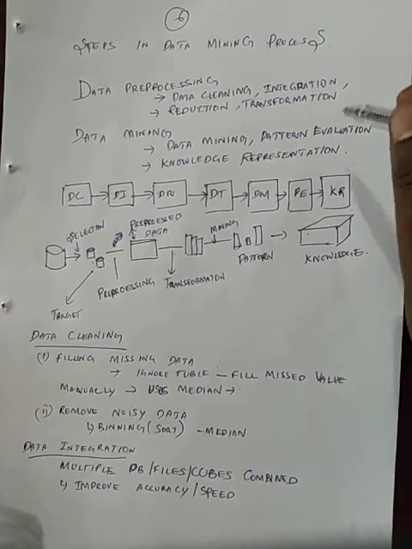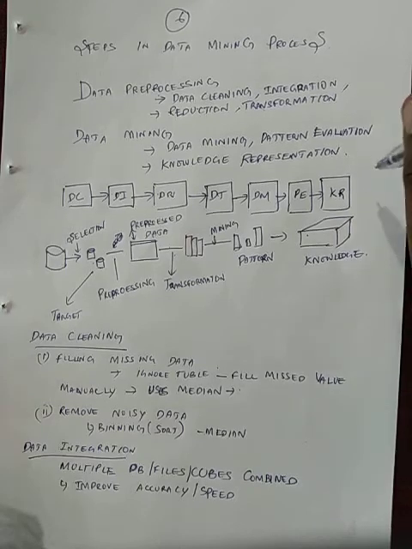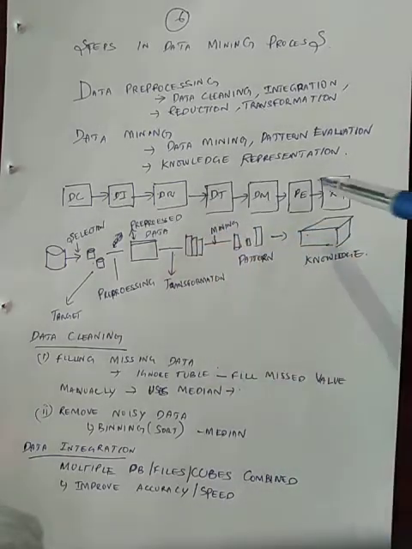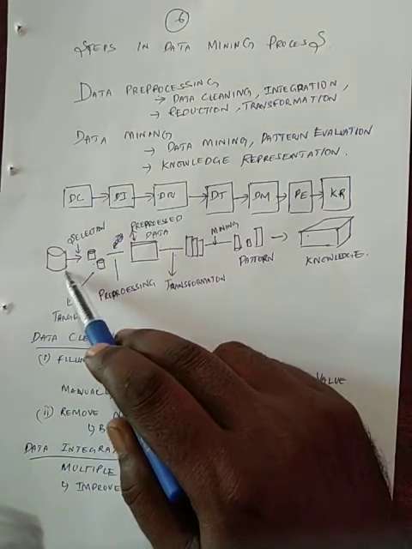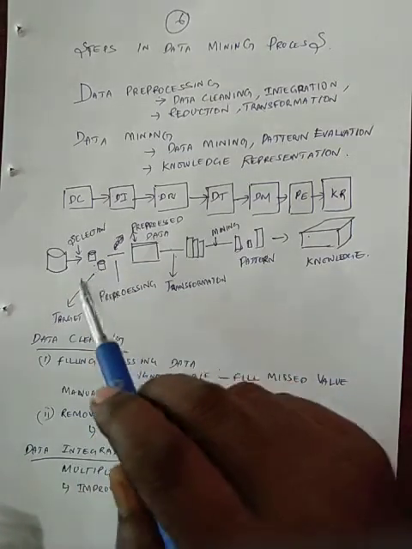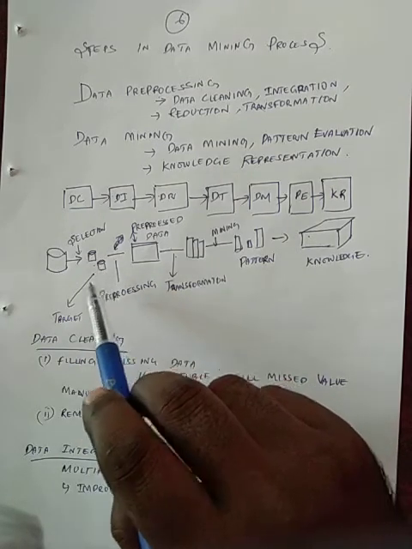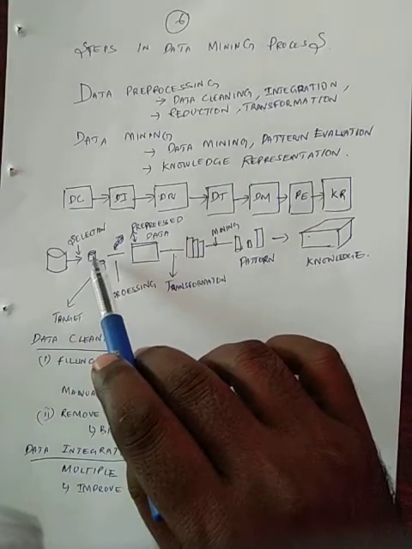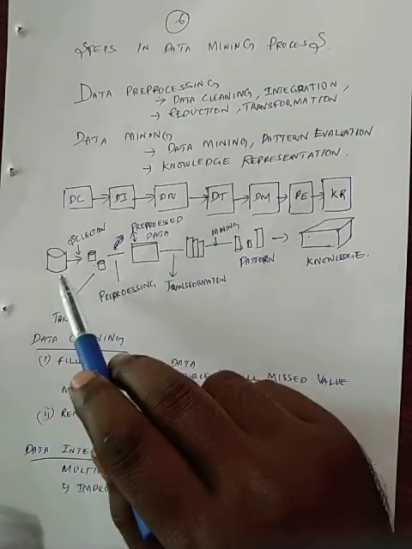Finally, you want to achieve knowledge representation for a particular purpose, and that is the ultimate final step in the data mining process. Actually, these are the 7 steps we are performing. Suppose we start from a raw database or data warehouse. We select the data from the entire data for some purpose. The quantity of data may be large, but we make smaller target data from the bulk of data.